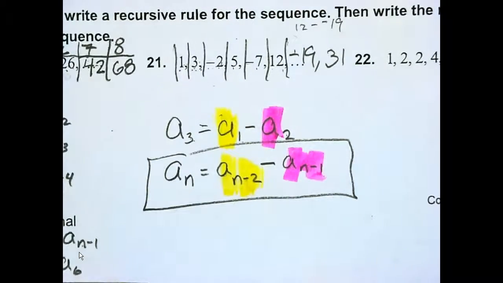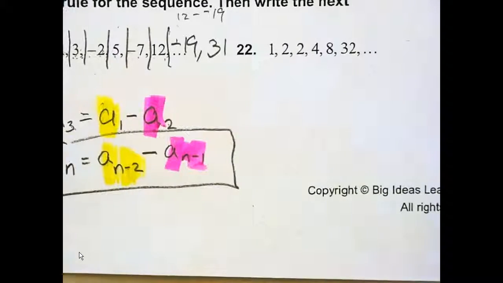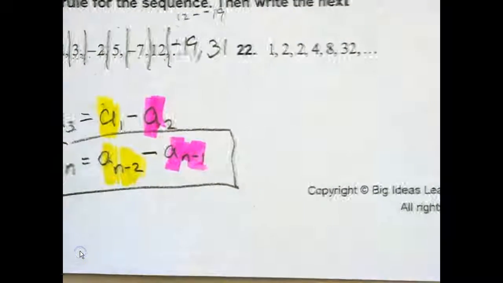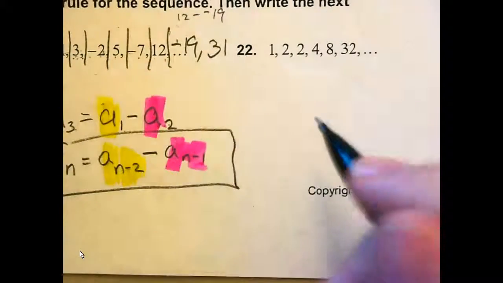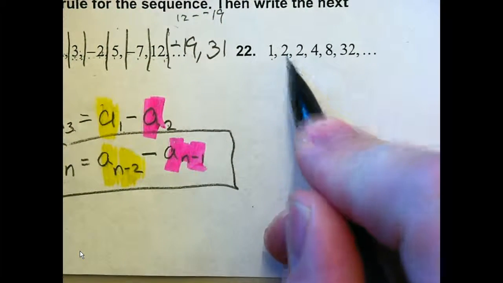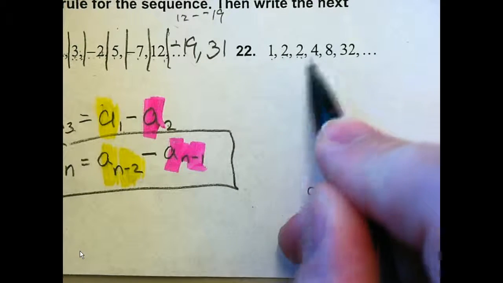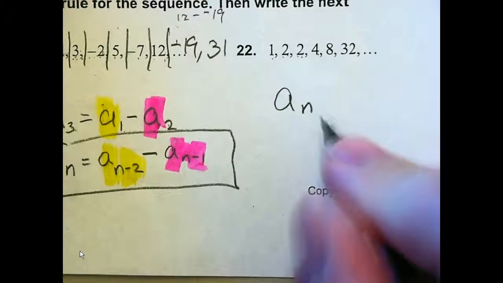Okay. Try number 22, last one. All right. Tell your neighbor what you got. 1 plus 1 plus 0 plus 2 plus 4. Okay, Bella, what are you doing? 24. 1 times 2 is 2. Okay. So the next term is equal to